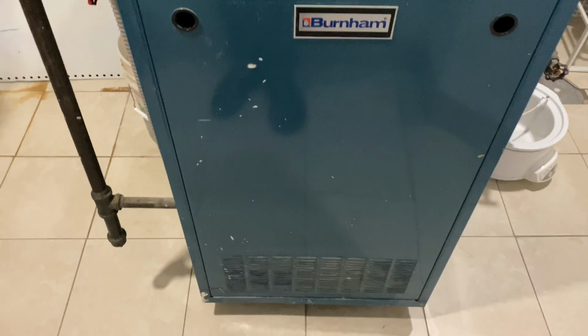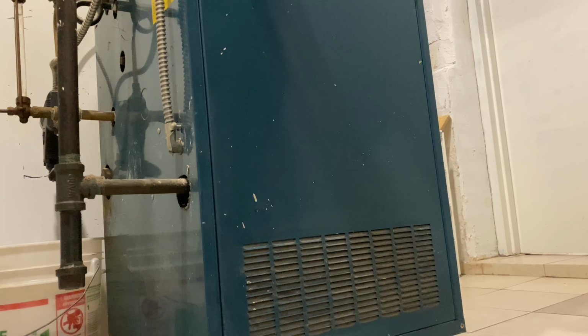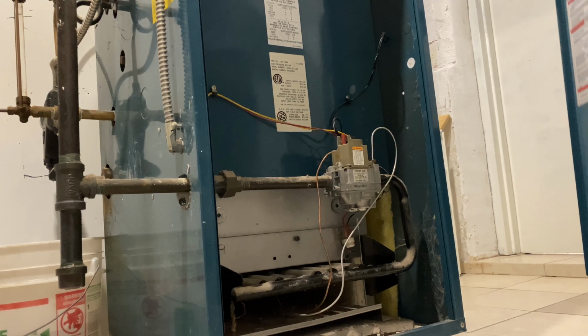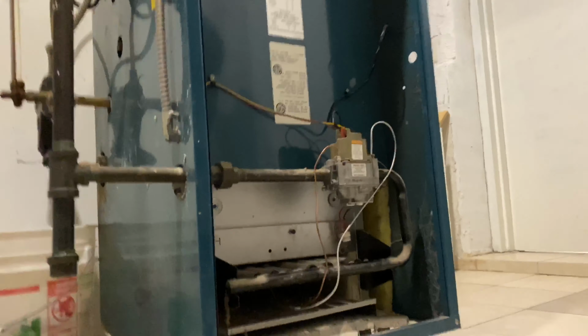it. After taking off the front cover, I found the pilot light was out. I relit it, and soon after the burners would go on and I had heat in the house. However, the pilot light would go out soon after, and this kept happening repeatedly. The pilot light would go out sometimes a few minutes after being relit, sometimes a few hours after, and sometimes a few days after. I wasn't quite sure what the problem was, but I figured I might as well replace